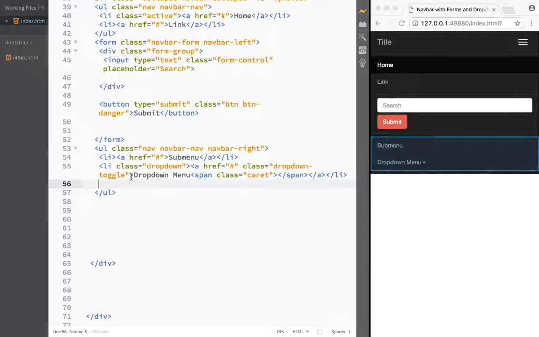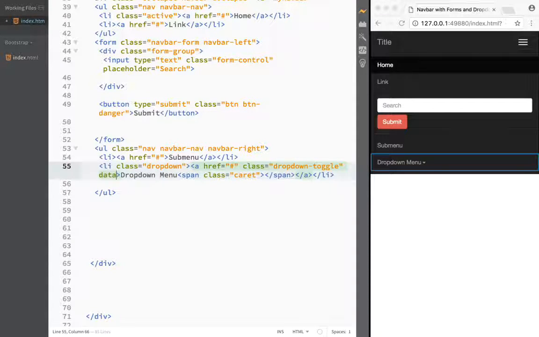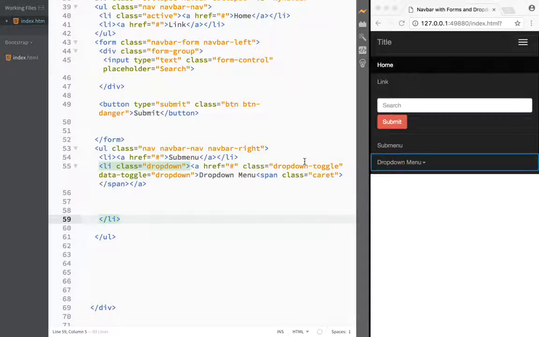Now what we need to do over here is data toggle, right? This is going to be our other attribute, data-toggle, and that one we want to set equal to dropdown, right? This is what we needed to do. And now the only thing left to do is actually add this unordered list, right? So we go over here, we're working with this list item, with this dropdown, and we just create an unordered list with class of dropdown menu, or